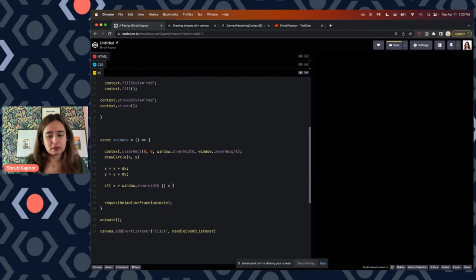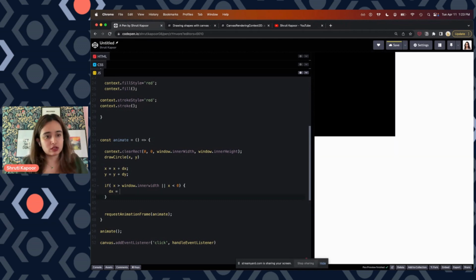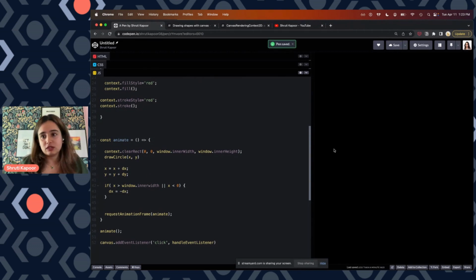And similarly on the opposite side, if x is less than 0, then we want to switch the direction. So what we can do is move it to the other side. That's going to be minus dx, switch the direction. And so if we do this,